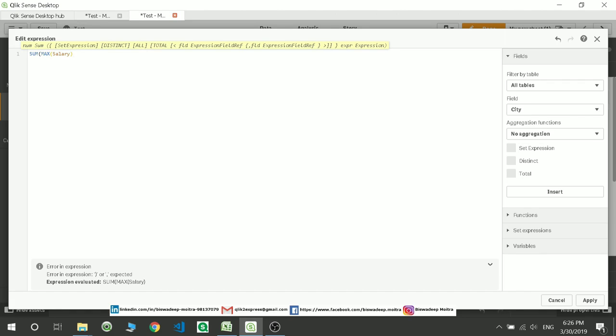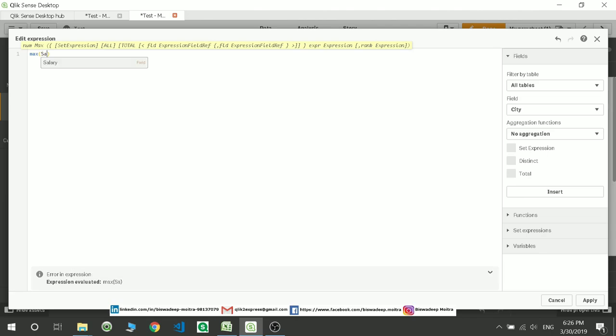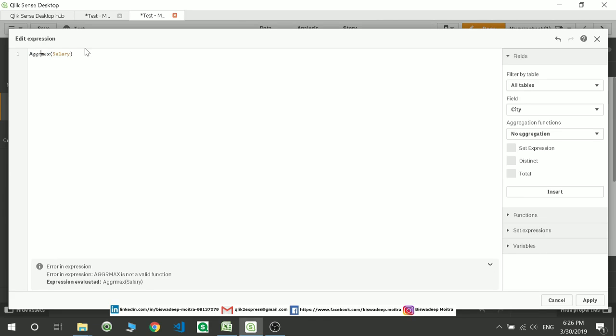it's not going to take the value, because it is showing an error. So the simple way is to do maximum of salary, then put an aggregation function in front of it, aggr.